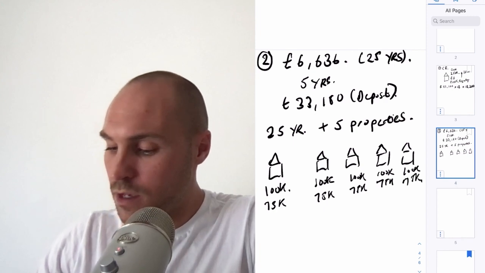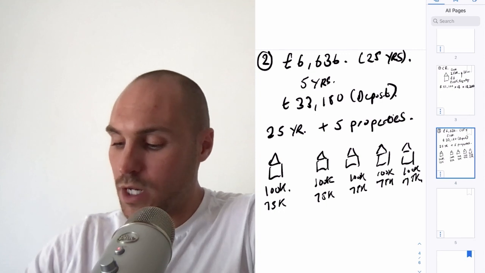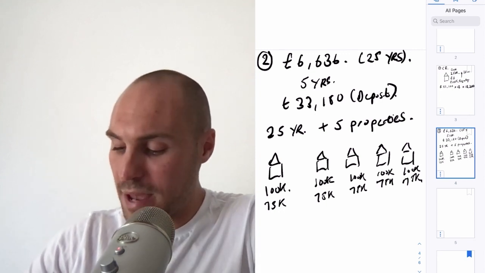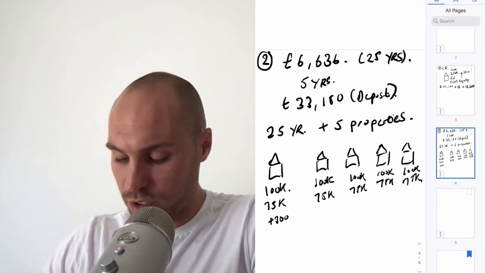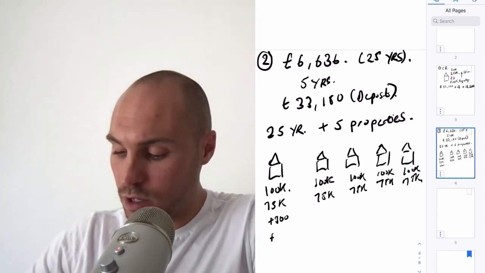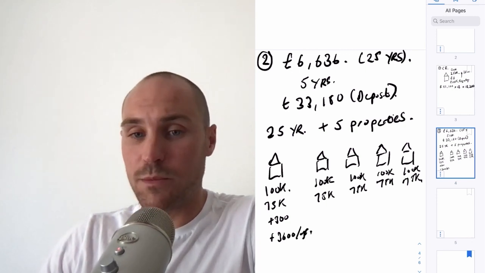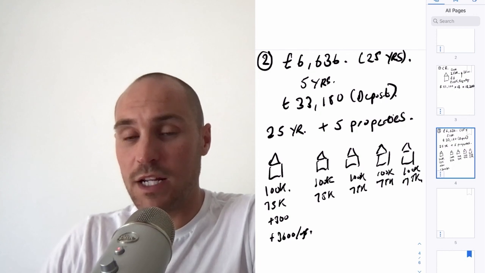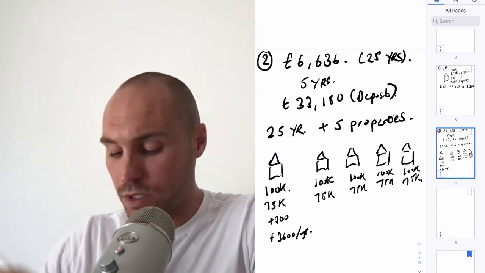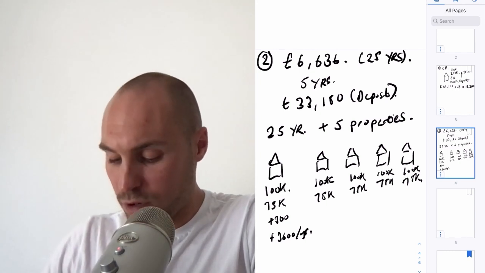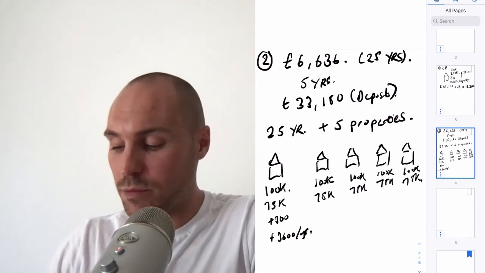Okay. Now, let's assume for the purpose of this example that all of these properties make us £300 of net cash flow a month. So 300 times 12 is an additional £3,600 a year. Now, if each of these properties makes us £300 a month and an additional £3,600 a year, at the end of 25 years, comparing it to example 1, we will own 5 properties, all making us